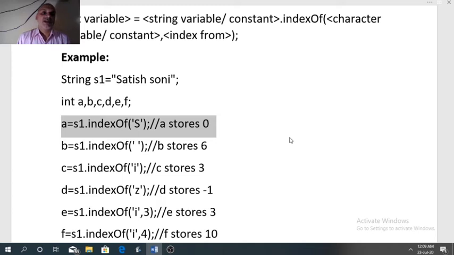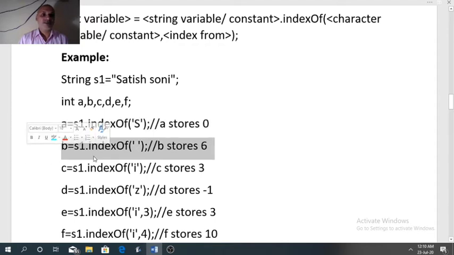The first character itself is capital S, so the index of the first character capital S is 0, since the indexing starts with 0. It will stop there since the character is found in the beginning itself. The function will not check the other characters and will return 0, which will be stored in A.